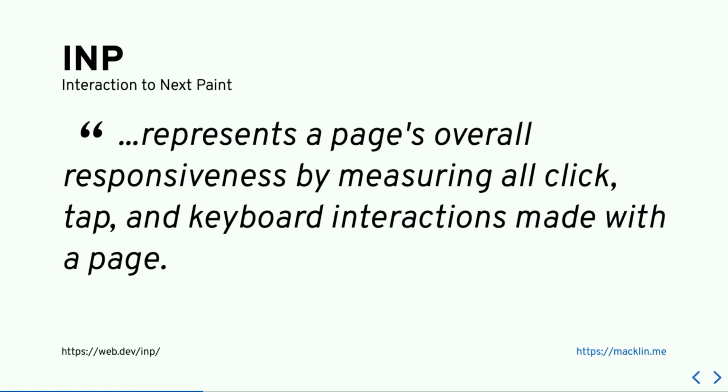Next up is interaction to next paint. So this is actually a bit of a newer metric. I've done this talk over a couple of years. I started this one in Perth and did it in Brisbane, and since then I've had to add this slide because it's a newer metric. This represents basically what we're tracking with first input delay. The first input delay is actually only tracked on the first click on the page for specific reasons. And interaction to next paint is calculated a little bit differently, but it's tracking your responsiveness over the entire usage of everything on your site.